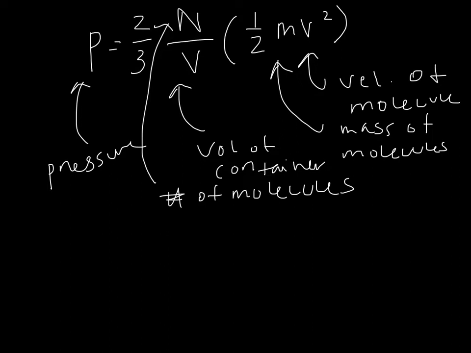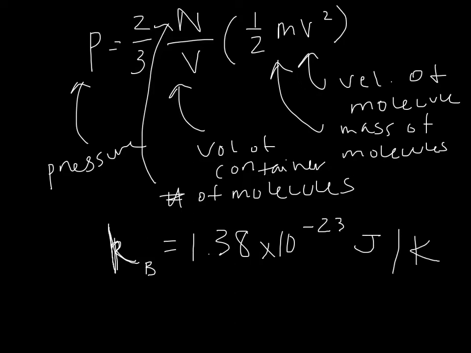So if we have this equation, we can compare it to the equation of state for an ideal gas. And that involves a constant called the Boltzmann constant, a lowercase k with a subscript b, and that is equal to 1.38 times 10 to the negative 23rd joules per Kelvin. So now